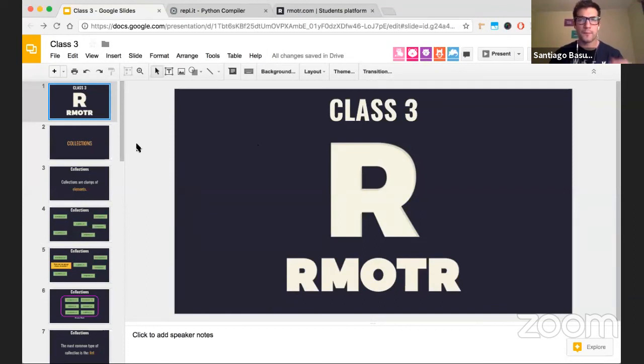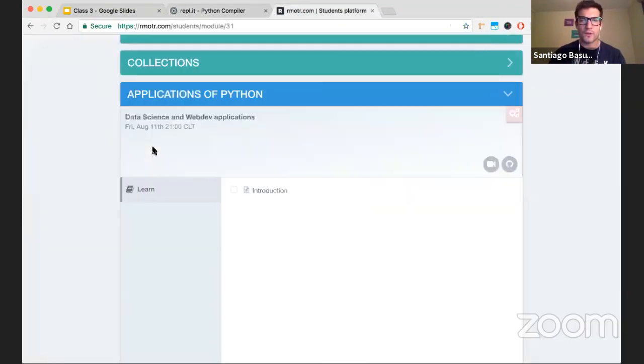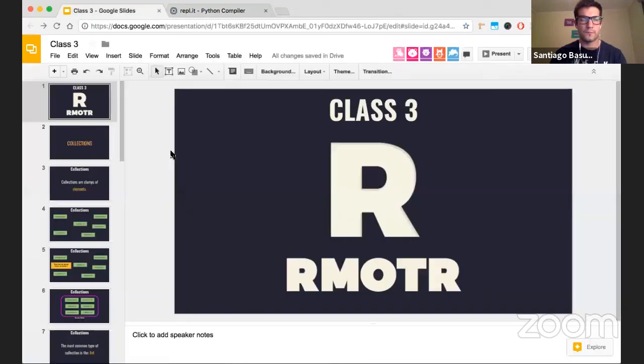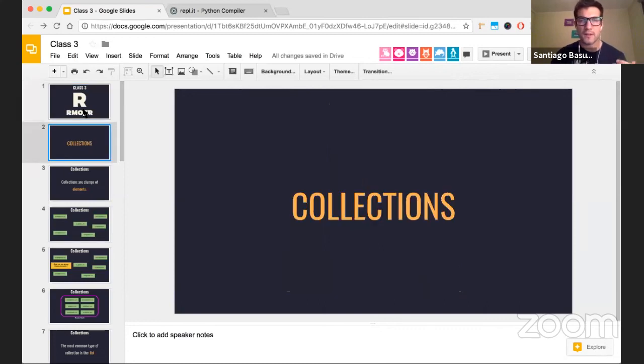There you go. And we're going to start talking first about collections. And maybe some of you have already read about collections or you already know something about them. It's important for us, at least for now, to focus on collections from a more abstract standpoint. All right, we should focus on thinking about collections as what they are used for, not how, for example, they are